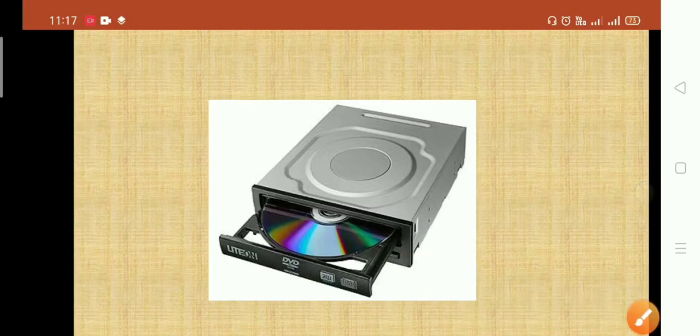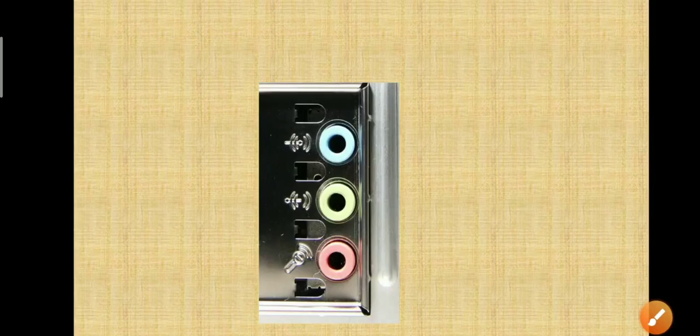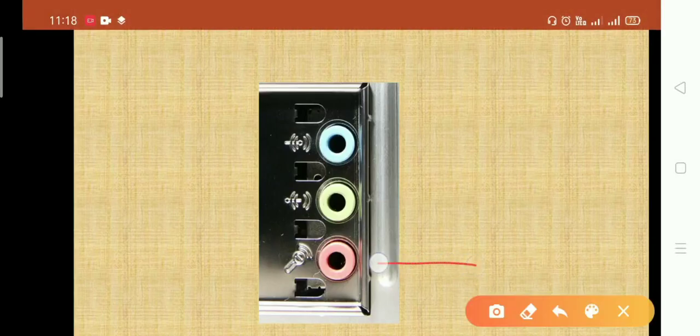Clear? Next thing is the audio jack. You can see pink color, green color and blue color audio jacks. Okay, if we put our microphone, we need to insert the jack over here, the connectors of the headphone over here.